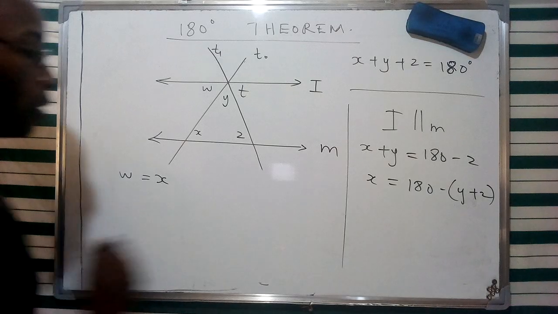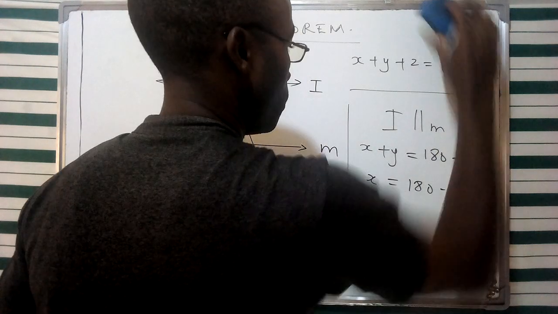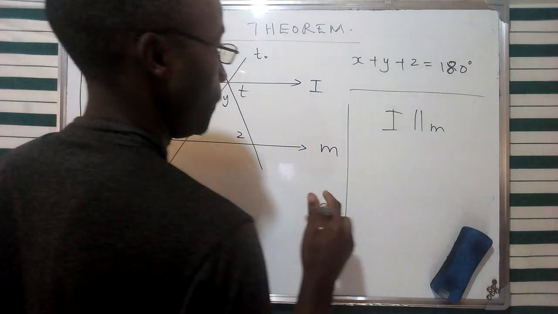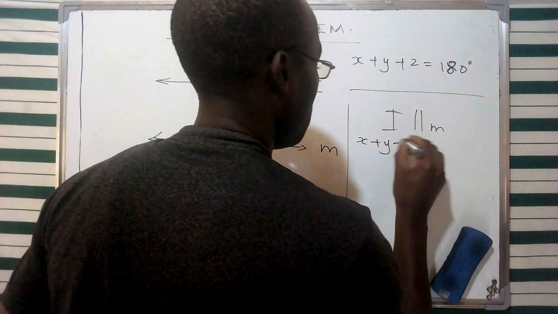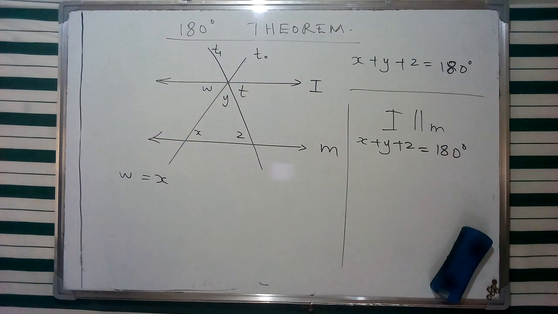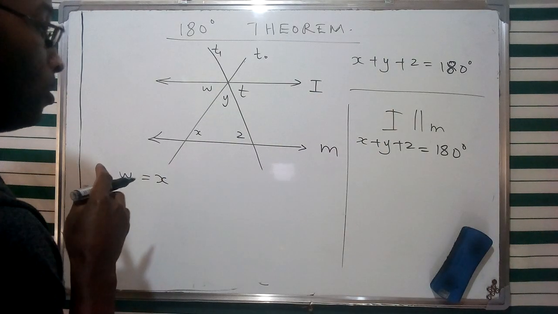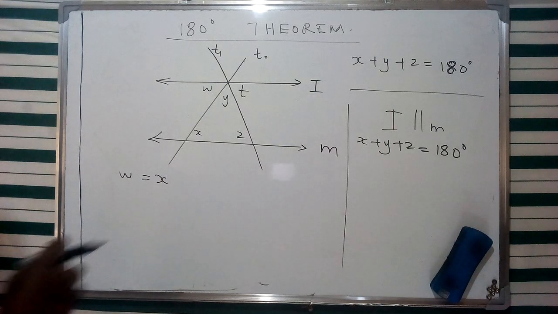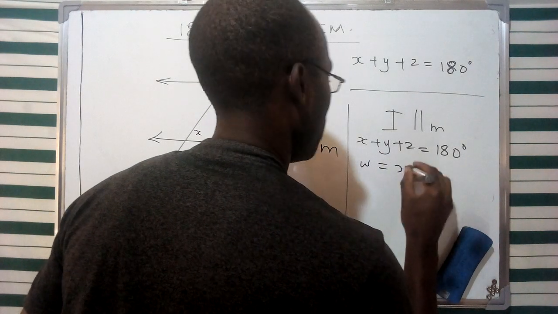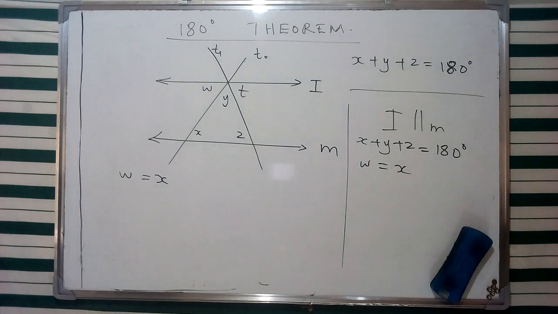So we can conclude that W, so let's start from this. If the lines l and m are parallel, we have said that X plus Y plus Z is going to form 180 degrees. And this is going to be from the angle addition postulate that we had mentioned earlier in one of our videos. We can also have another observation whereby W is equivalent to X. And this is from the alternate interior angles that we had mentioned before this